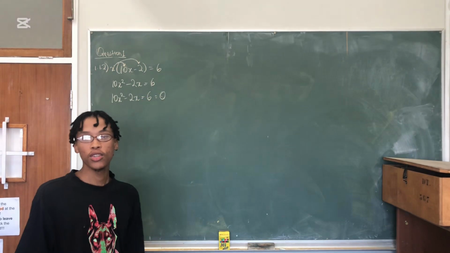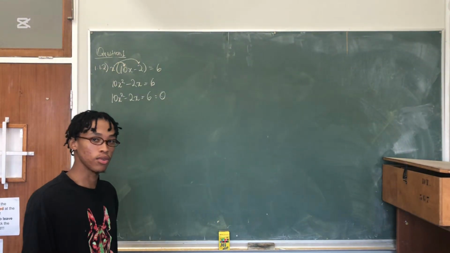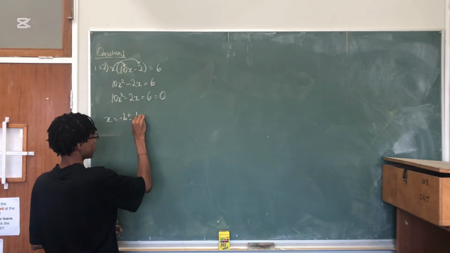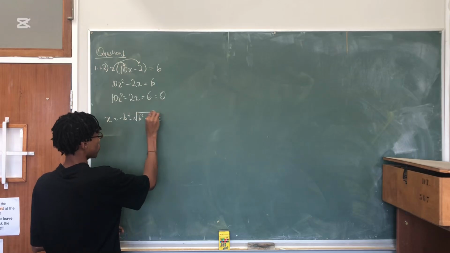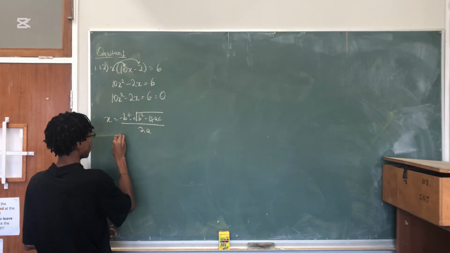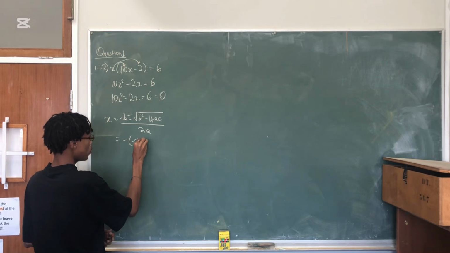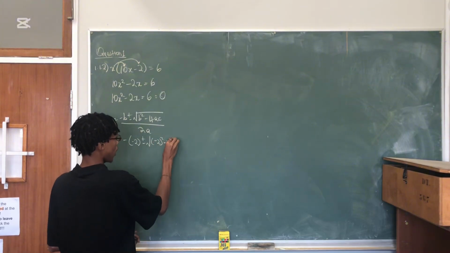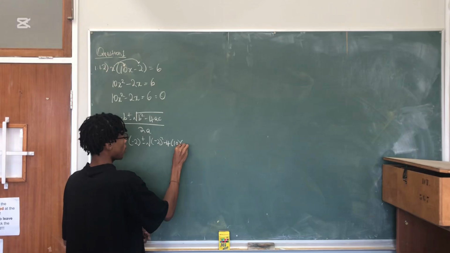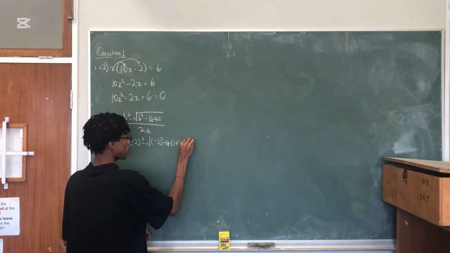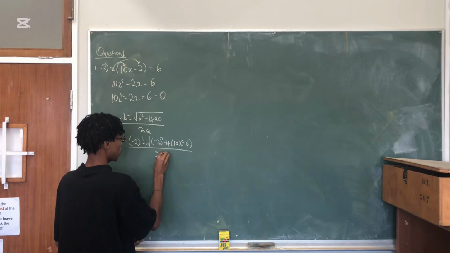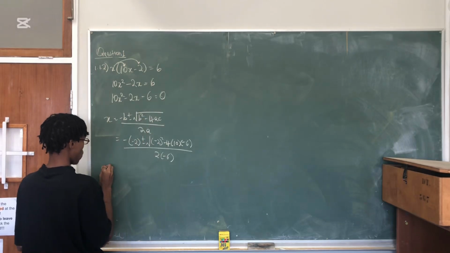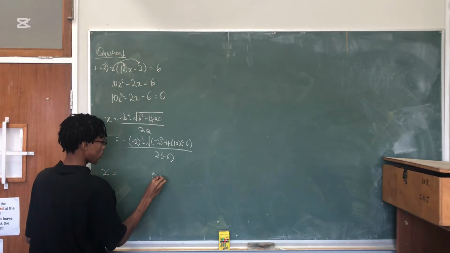From this stage, you can use the quadratic equation. You are allowed to use it. Where B is going to be negative 2, our A is going to be 10, and our C is going to be negative 6. Our solutions are going to be